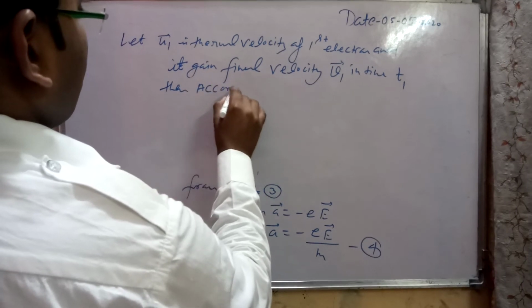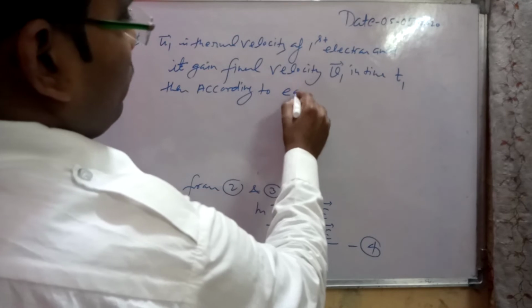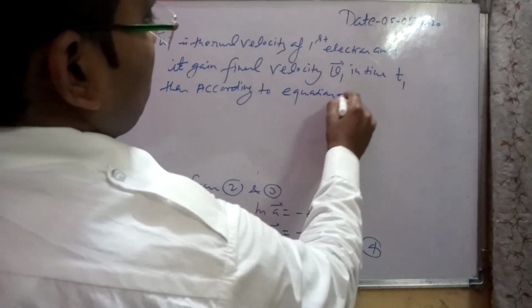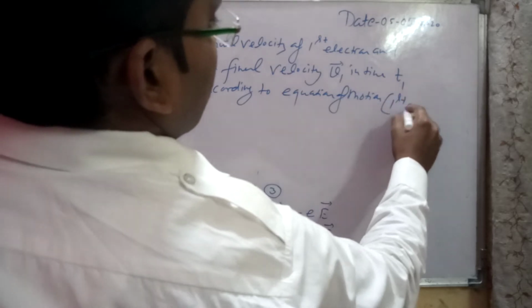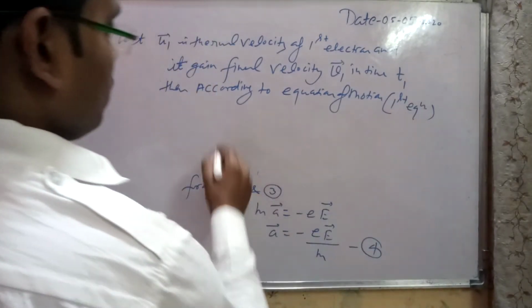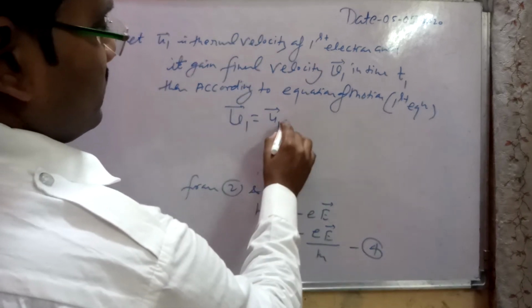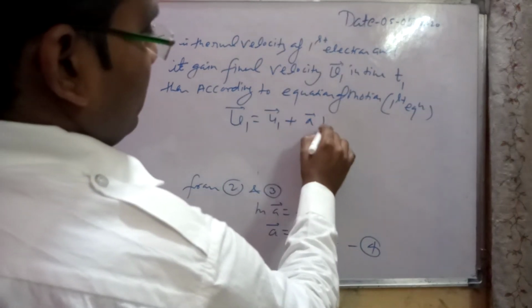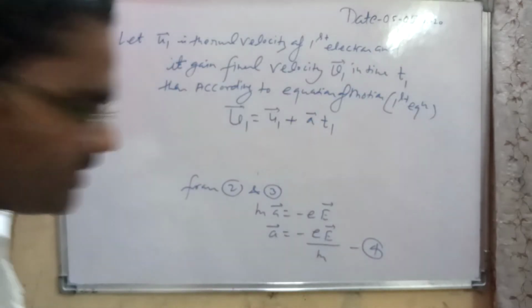Then according to the equation of motion, here we use the first equation of motion: final velocity is equal to initial velocity plus a into time. Similarly for other electrons,